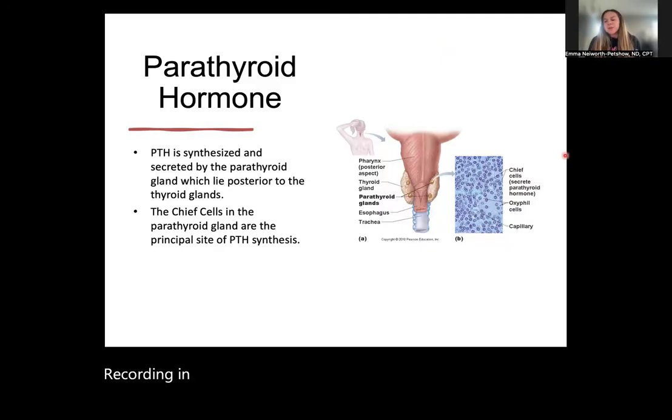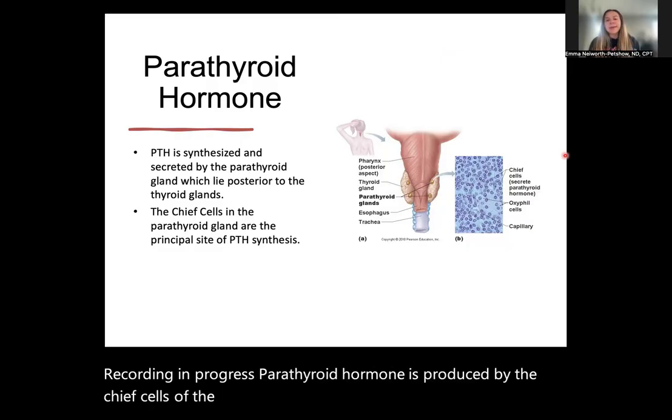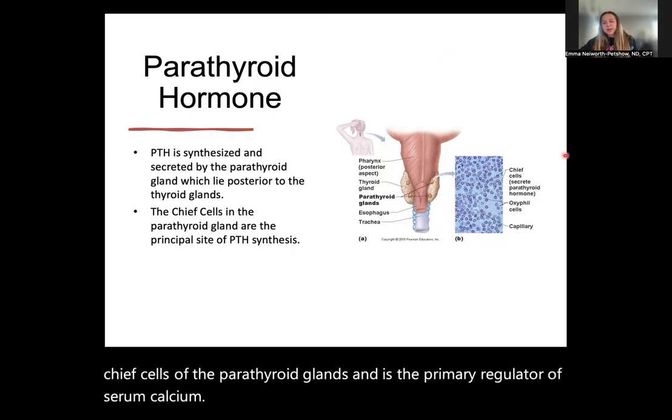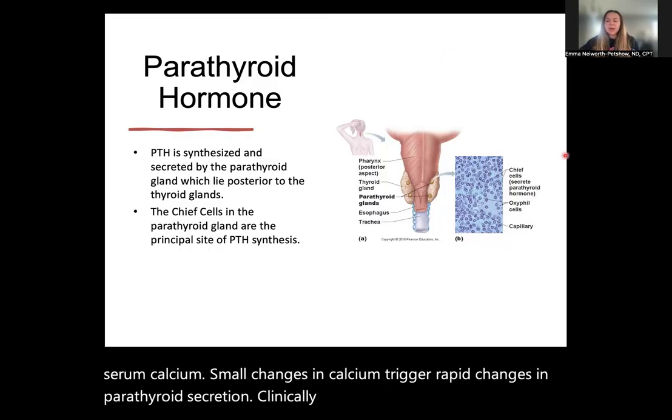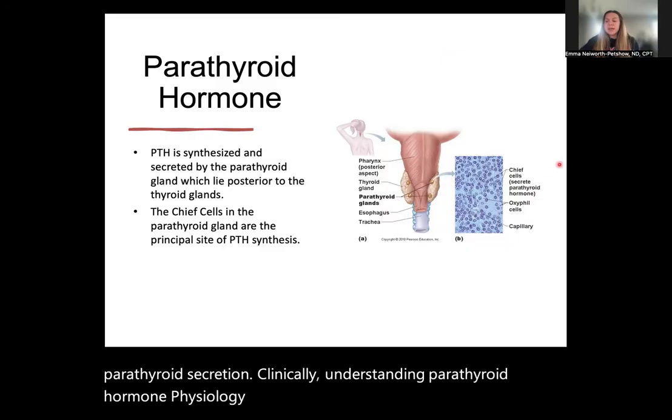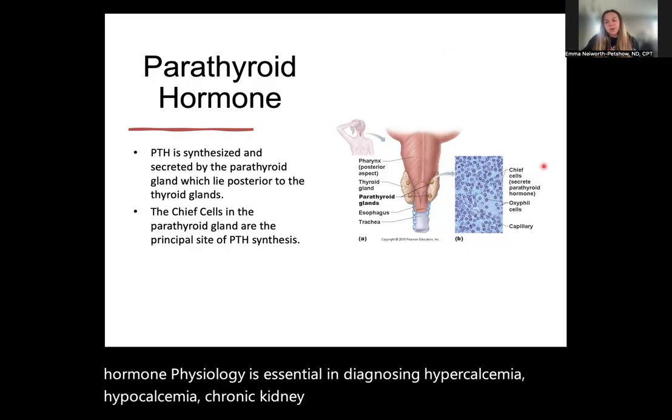Parathyroid hormone is produced by the chief cells of the parathyroid glands and is the primary regulator of serum calcium. Small changes in calcium trigger rapid changes in parathyroid secretion. Clinically, understanding parathyroid hormone physiology is essential in diagnosing hypercalcemia, hypocalcemia, chronic kidney disease, and related mineral disorders, as well